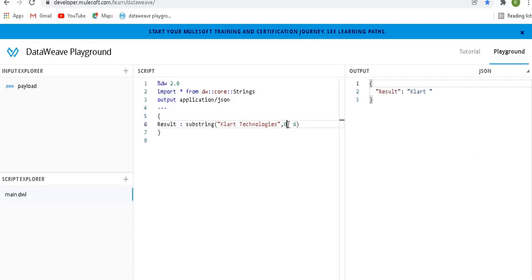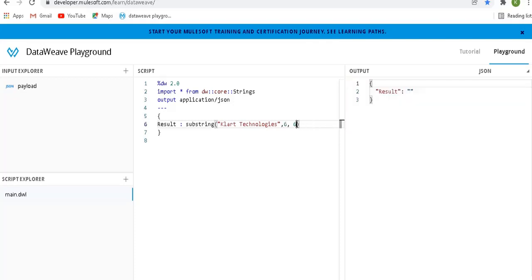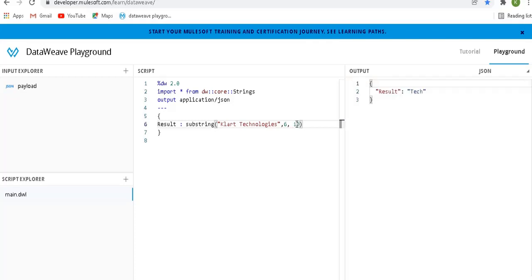Okay, it will take the index as 0 only, but sorry, that's my mistake. It will take the index as 0 only from the starting string. Then it will count how many letters are there. See, 0, 1, from 1 to 6 letters. Okay, I'm sorry, that was my mistake.